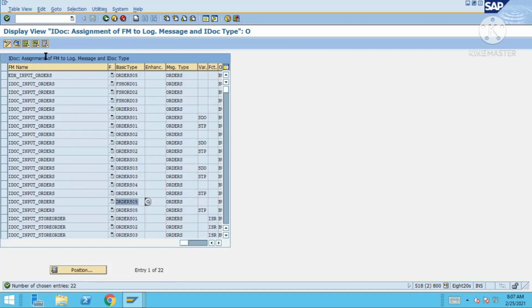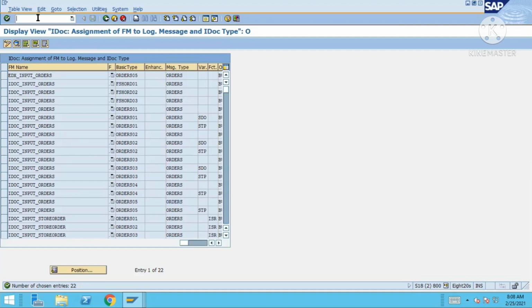Sometimes you will get multiple, but most of the time you are going to get only one entry, particularly in custom development. If such confusion comes, because multiple entries are here, ORDERS05 for basic type, here also ORDERS05 for message type, here also ORDERS, then since no single entry is there, it's quite confusing.